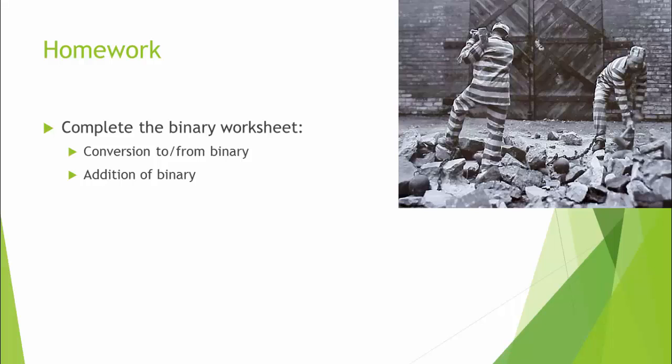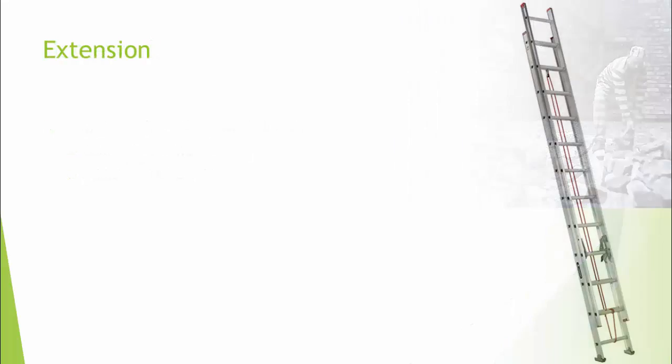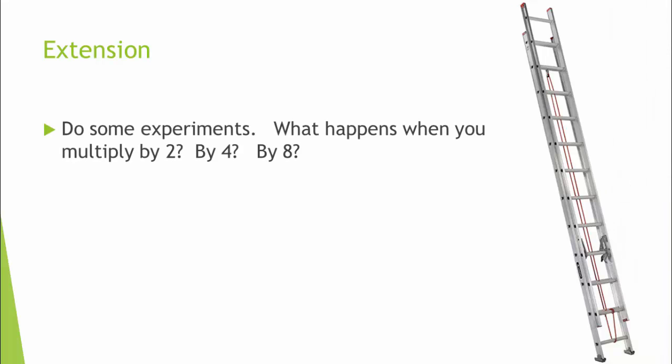All right, for your homework then, go ahead and complete the binary worksheet converting to and from binary and addition of binary. If you're looking for some additional challenges, go ahead and try some experiments. See what happens when you multiply by 2 in binary. See what happens to a number when you multiply it by 4 in binary. What happens when you multiply by 8? And how does that compare to the decimal system? I think you'll find some